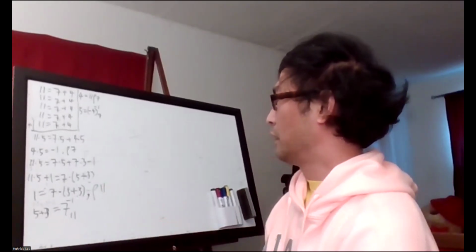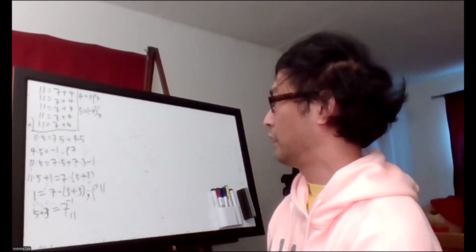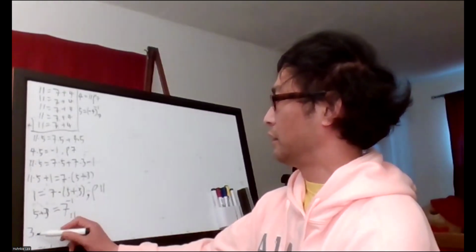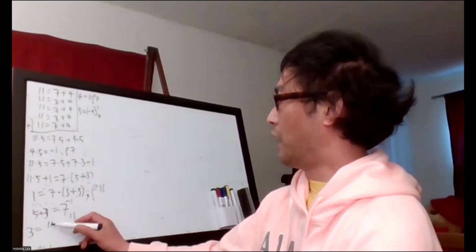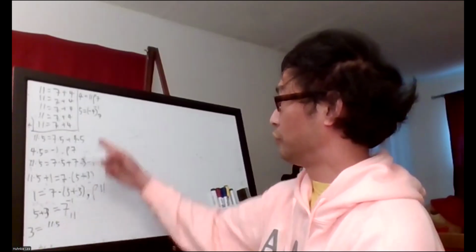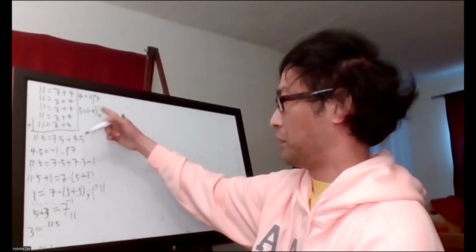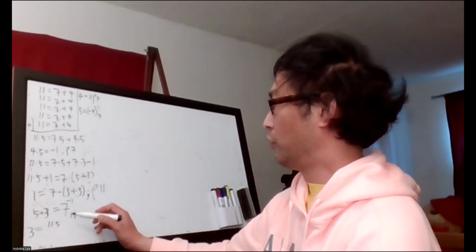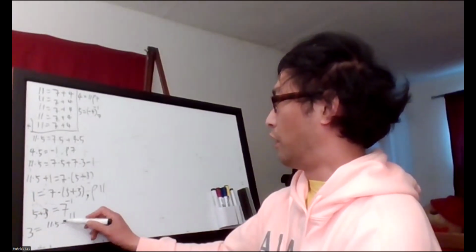Now then how do you calculate 3? 3 can be calculated as 11 times 5. So we just calculated 5, the complementary inverse of 4, mod 7. So we know what 5 is. And then plus 1